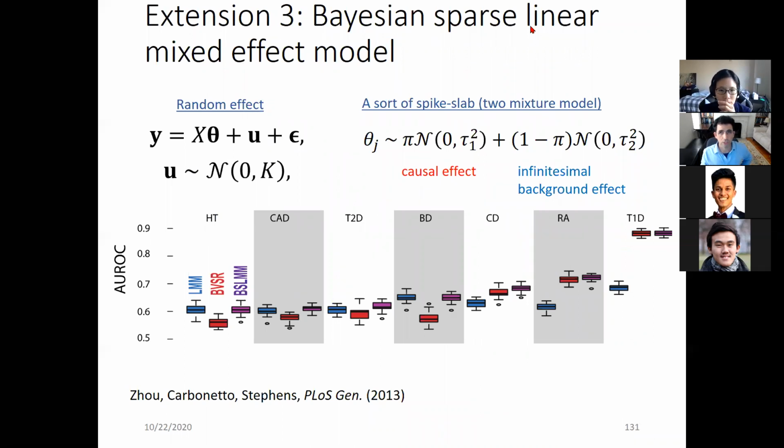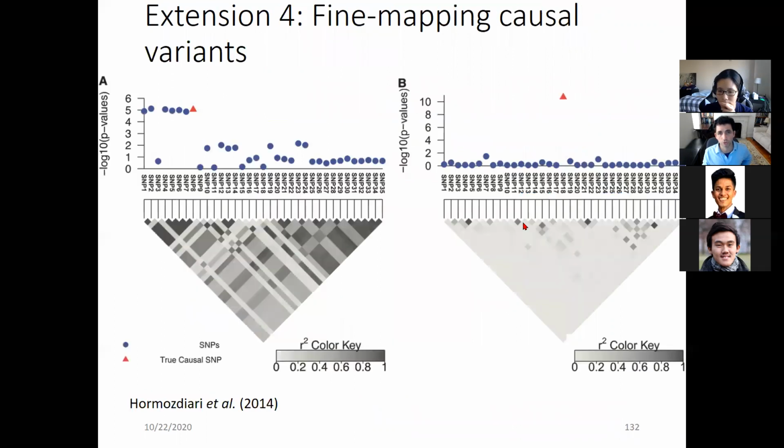So you can also use these sparse linear mixed models by basically forcing many of your variables to actually become zero by using these two mixture models, one mixture with a causal effect and this other mixture with an infinitesimal background effect that basically pushes many of these variables to become zero. And you can also fine map causal variance using this approach by sort of selecting out those variants through the LD relationships that they have and the expectations that those LD relationships impose on the